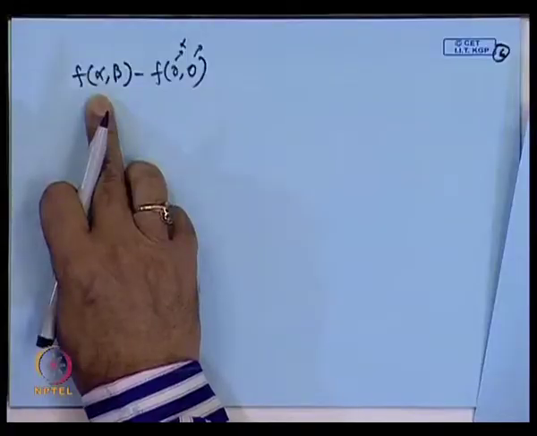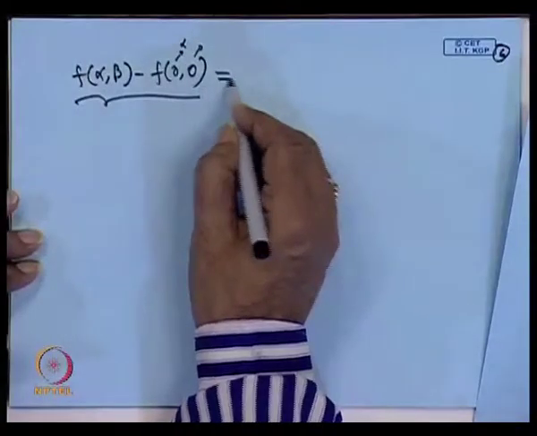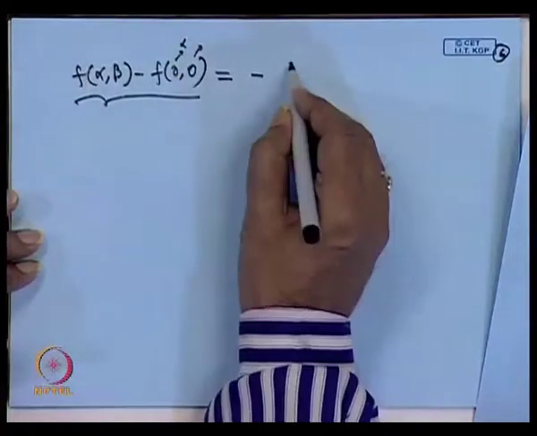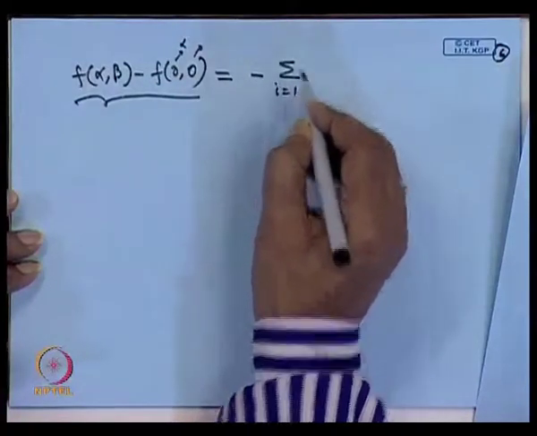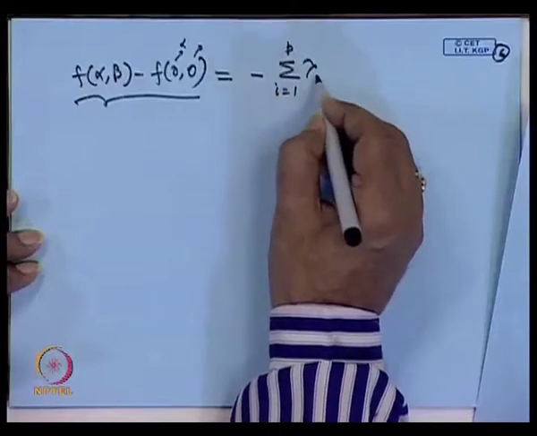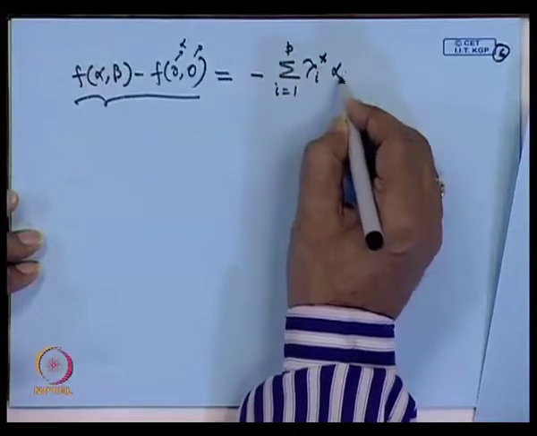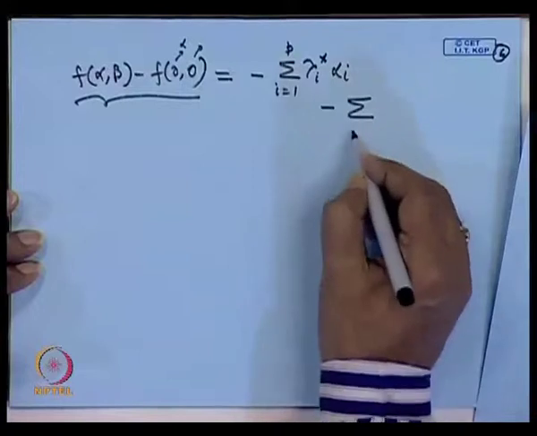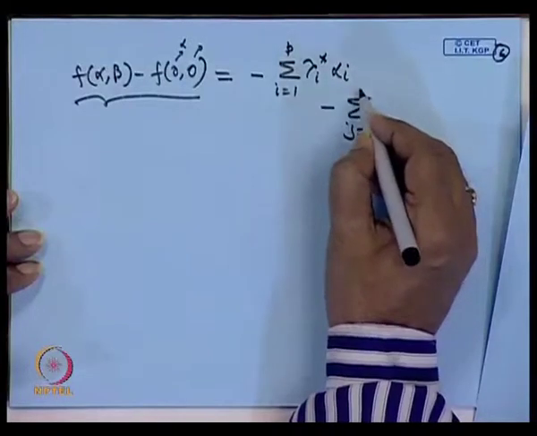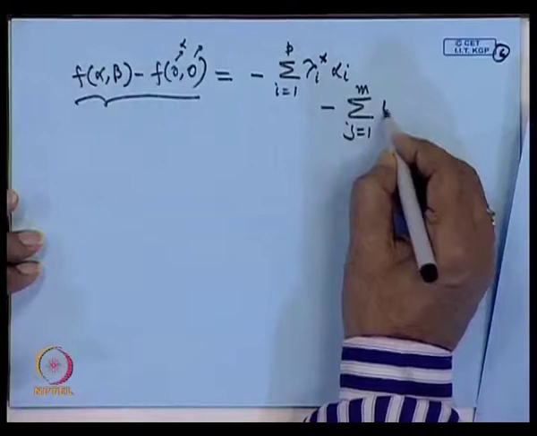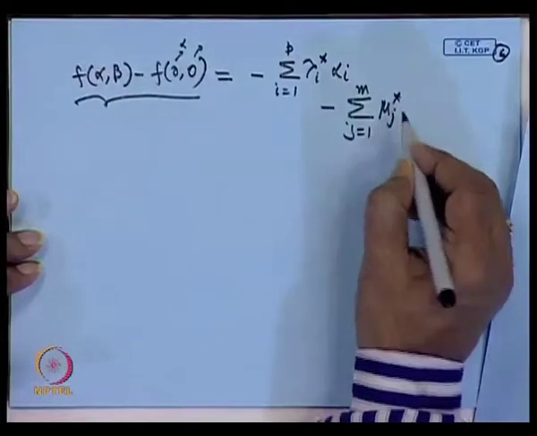When there is a perturbation, the cost function value is changed, because the optimum point is changed, and the corresponding function value is a function of alpha and beta. So, this value you have seen just now is minus the summation of i equal to 1 to p lambda i star alpha i, minus the summation of j equal to 1 to m mu j star